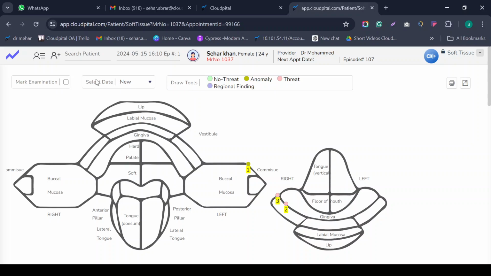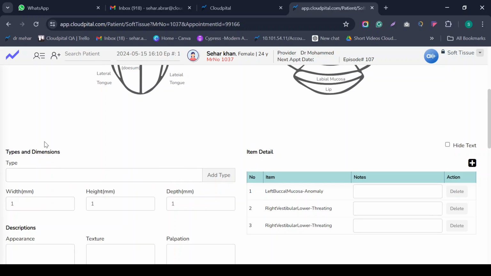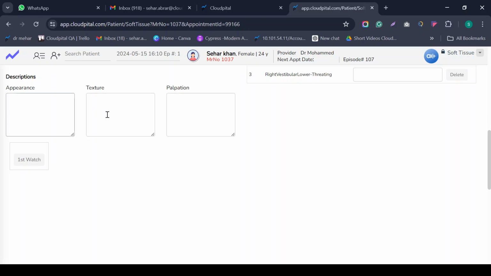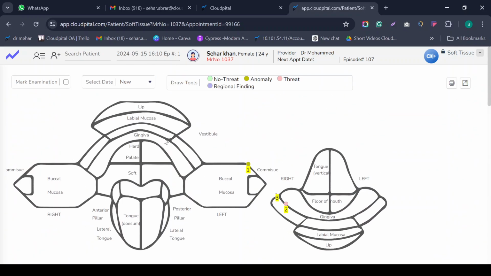We can also add the start date and end date, and all of the patient record in the inner details. We have different item detail screens, note screens, action screens, all of their dimensions and types. We can add all of the measurements like width, height, depth, description and texture, and all of these will be added by the doctor according to the patient's soft tissue requirement. If they are applying something on the patient in these screens and it does not harm in the different processes, we can also maintain these records in this soft tissue processing.